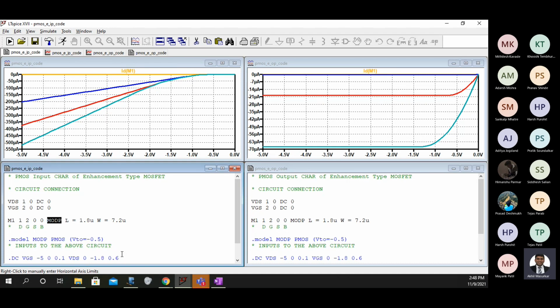And this I want to see for 3 different values of VDS. And similarly here, when you are going from input to output, you have to only interchange the values of VDS and VGS. Everything else absolutely remains the same. Come on, show me these two.